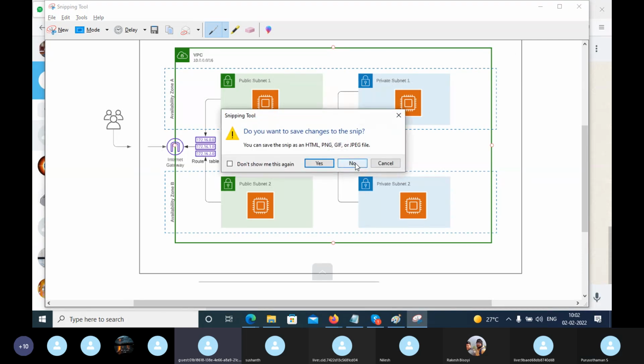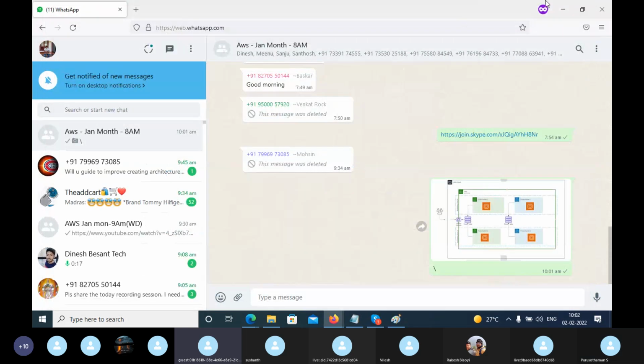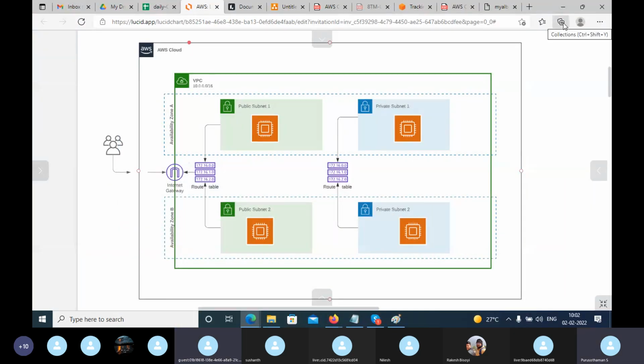Puru, last remark. If I create 2 VPCs, can I assign the exact same subnets, whatever I opted for in VPC 1? No, it's not possible, it will overlap. It should not overlap with one another. Your default VPC has the 172.31 network, so don't use 172.31 in your VPCs. Got it.